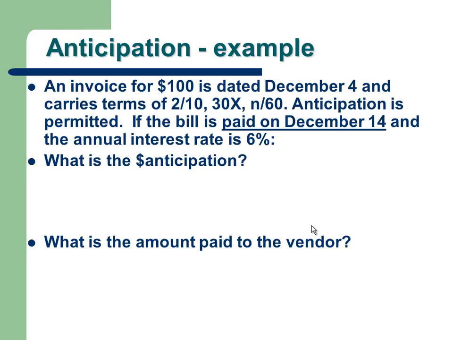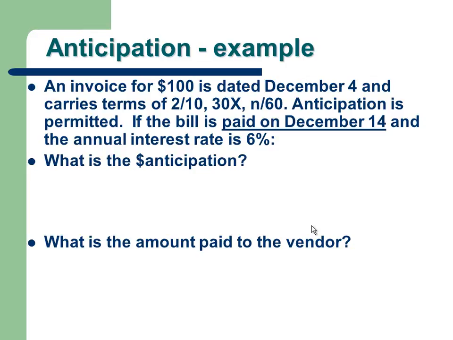In this case, what is going to be the dollar anticipation? And as a result, how much should be paid to the vendor? Remember, in working on this problem, you need to figure out how many days of cash discount you have, to be able to calculate the number of days anticipation, which is the first thing that you need to figure out. Because you're using extra dating, you've got 2/10, which means you have 10 regular cash discount days plus 30 extra days. So overall, you have 40 days for cash discounts, right?